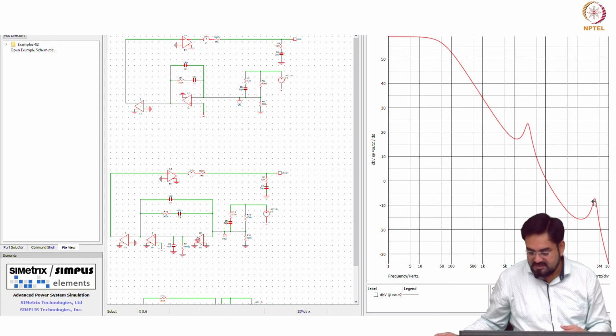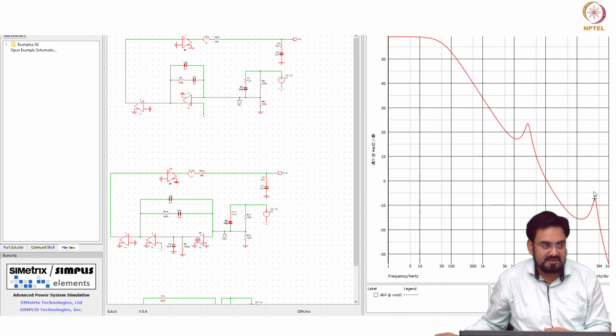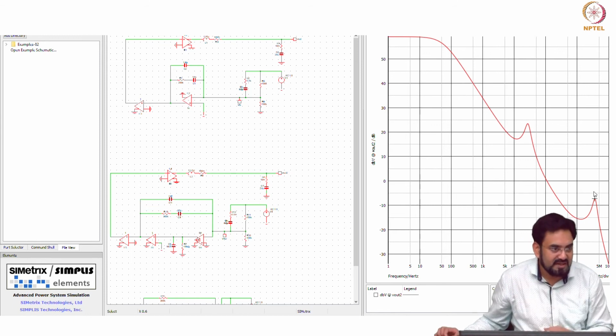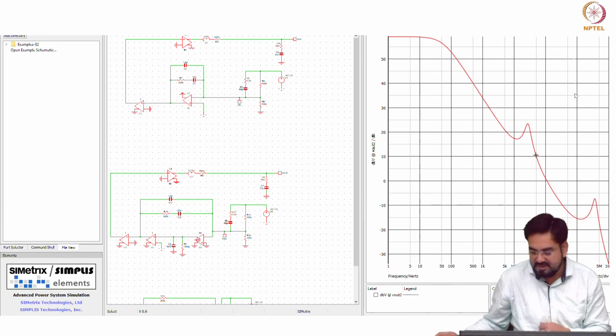You can see here the resonance, okay, and this is not far away from your 0 dB, it's minus 7 dB. So still you might see some ringing in the output, and this is occurring at high frequency. If I reduce the UGB of this, then this will shift to lower frequency, which means this peak may even touch your 0 dB or it may cross, so it may make your whole system unstable.